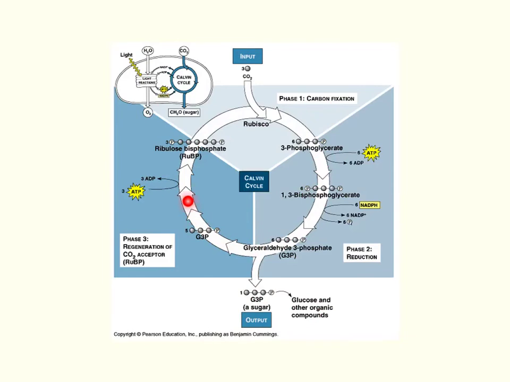The rest of the cycle goes back to produce this RuBP, this ribulose bisphosphate, and this is again the beginning of the cycle. It's also the end of the cycle. That's why we call it a cycle, because you end up with what you started with, minus this 3-carbon sugar. Now, if you look at it carefully, you're going to see that ATP